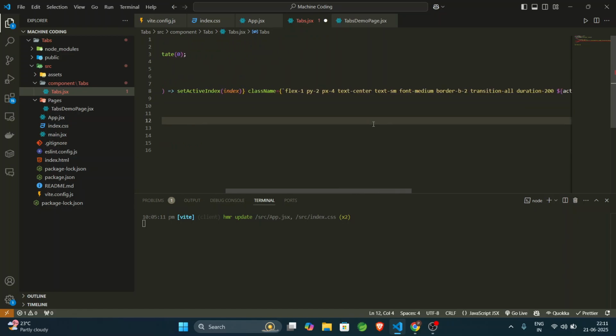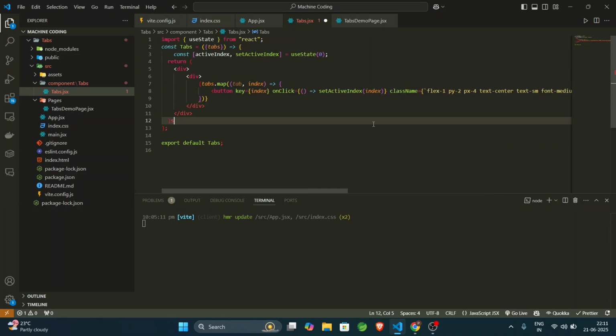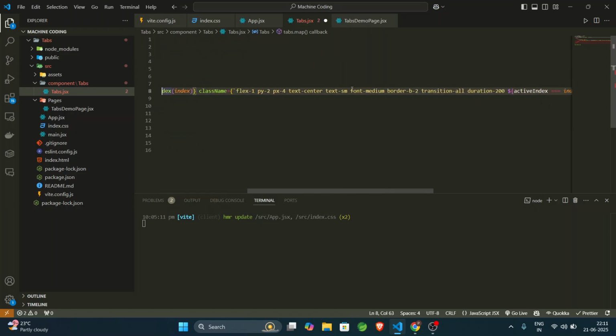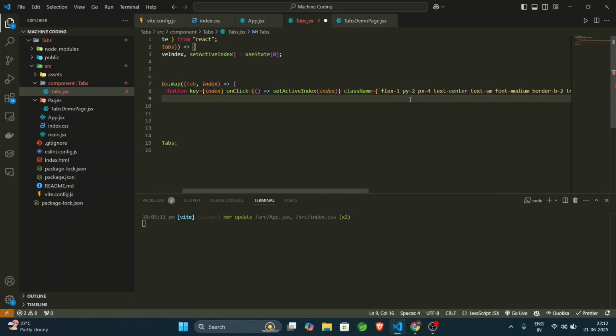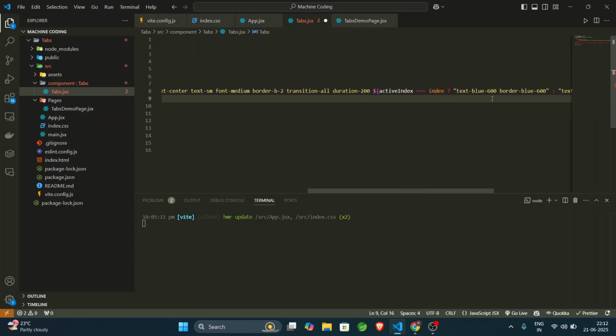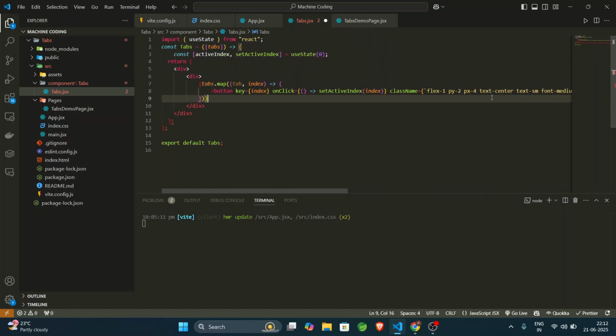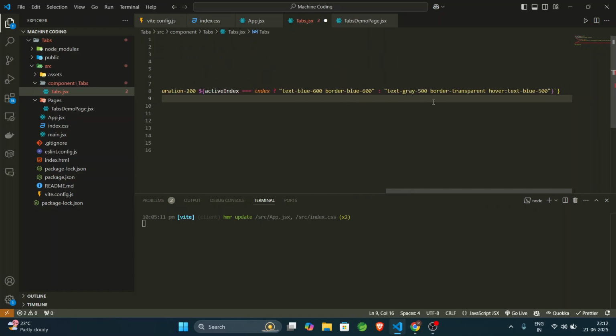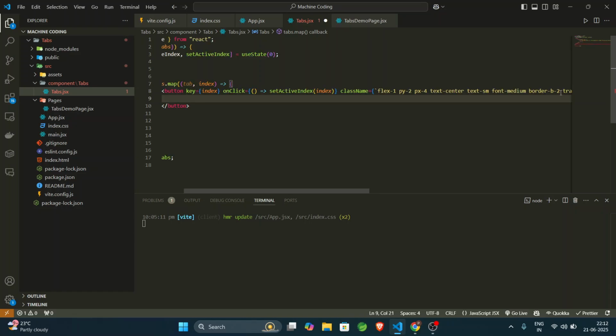So this was the thing. So if the state is active, then we will be showing text blue, and if it is not in active state, then we will be showing a different thing. So this was our basic structure for that button class. And inside this we will go as